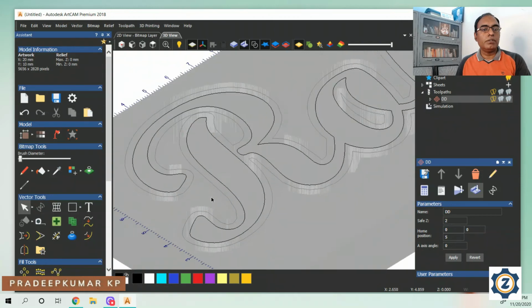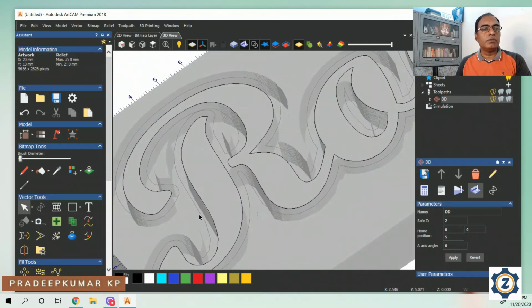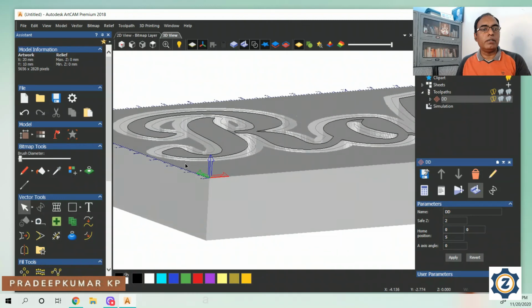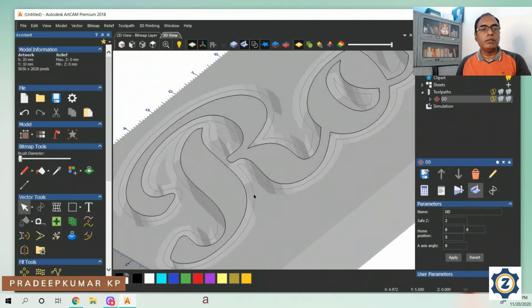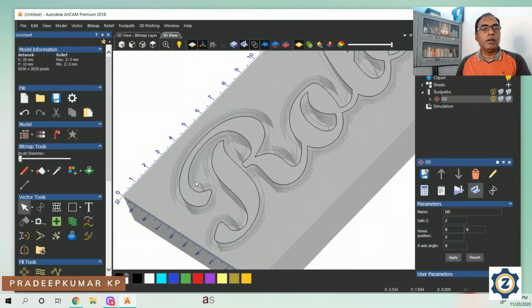See, it's okay. So this is the way it will cut, and it will give out the workpiece. Actually I have given the material as 2 mm, and I have given the depth of cut as only 1 mm, so it has gone only half the way. But in actual practice, if you have given only 1 mm sheet material, it will be fully cut through, and the letters will be removed from it. But in simulation it's showing differently.